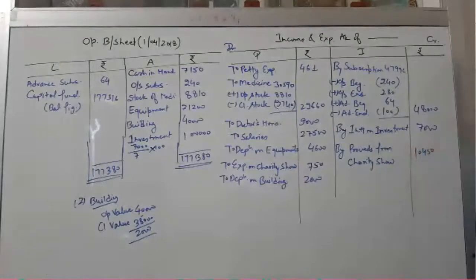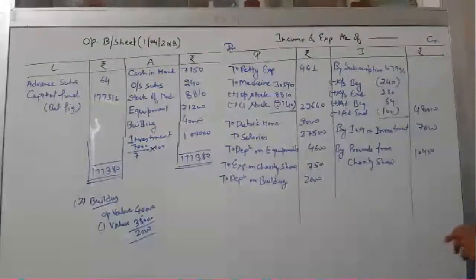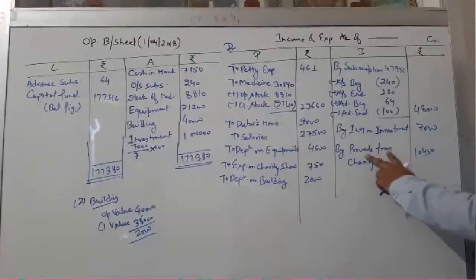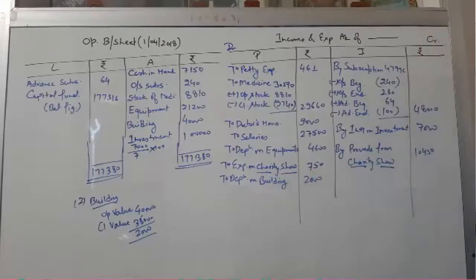एंड यू हैव अ टू ऑप्शन. अब मैं थोड़ा सा और क्लैरिफाई कर देता हूं. You have two options, either you will show the expense on the debit side and receipts on the credit side of the income and expenditure account. यानी दोनों का पर्पस सेम है, चैरिटी शो एंड द चैरिटी शो. आप चाहो तो दोनों को इस एज इट इज ऐसे ही दिखा दो, या फिर दूसरा ऑप्शन आपके पास ये होता है